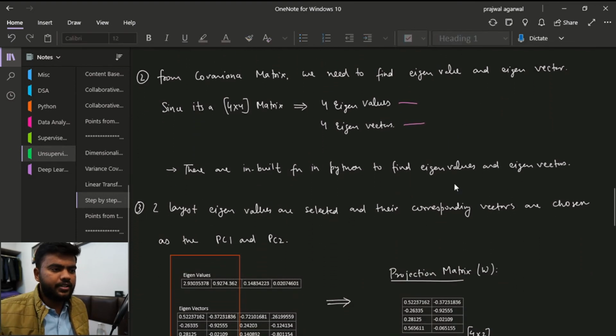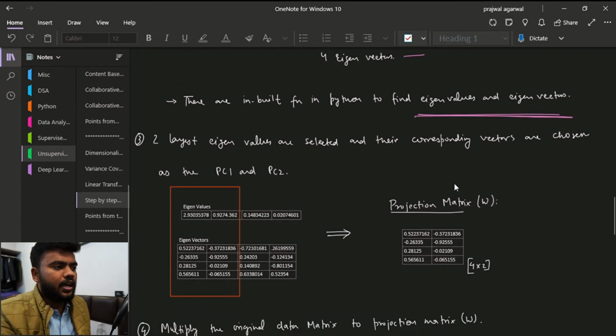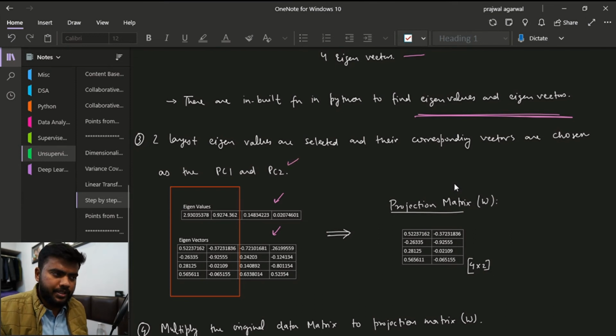There are built-in functions to find the eigenvalues and eigenvectors as well. Python has everything. Once we have found them, the two largest eigenvalues are selected, and their corresponding eigenvectors are chosen as PC1 and PC2.